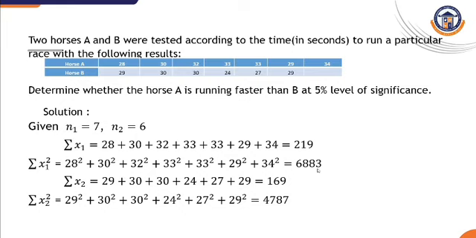The same idea we apply for horse B with 6 data. The summation of x2: 29, 30, 30, 24, 27, 29 is equal to 169. The sum of x2 squared: 29 squared, 30 squared, 30 squared, 24 squared, 27 squared, 29 squared is equal to